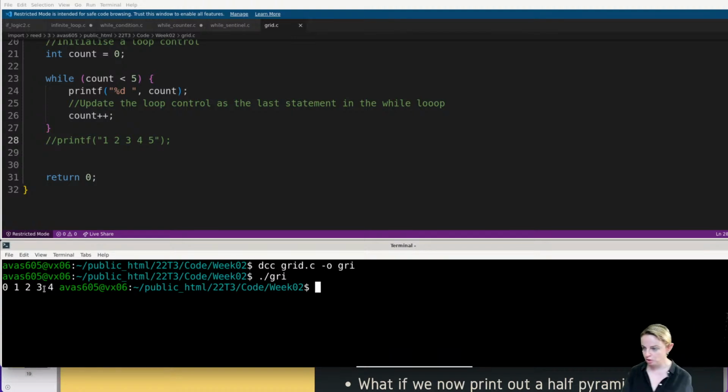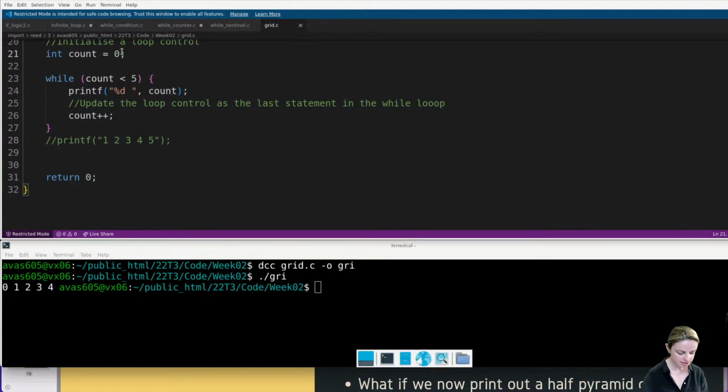Great, we have a bit of an issue, don't we? What do we want to change? And this is what I mean: you do something, you try it, and you see what's going on. We want it to print out 1, 2, 3, 4, 5. So what should we start our count at? Yeah, we want to start the count at 1 in this case. Excellent. And we want to keep going until it's less than or equal to 5. Perfect. Let's see what that does now.